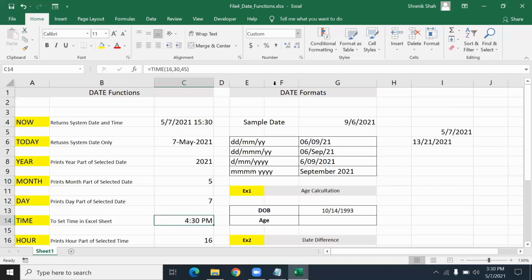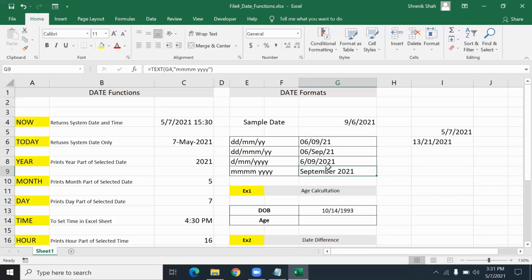It is custom. So here you read it's a general category. General means what? It's a string. So it is not a date format. The output is only looking like a date, but the cell format is not date. So how to make this format a date?